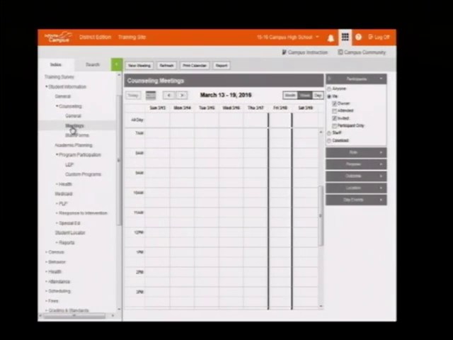The idea here is that if I have to create a meeting to address a situation with one student or multiple students, I can do that. I can schedule this and actually send it out. I can see the meetings if I'm the owner, or anyone who has a meeting. This gives me a good grid of everything that's going on in the building by way of a meeting.